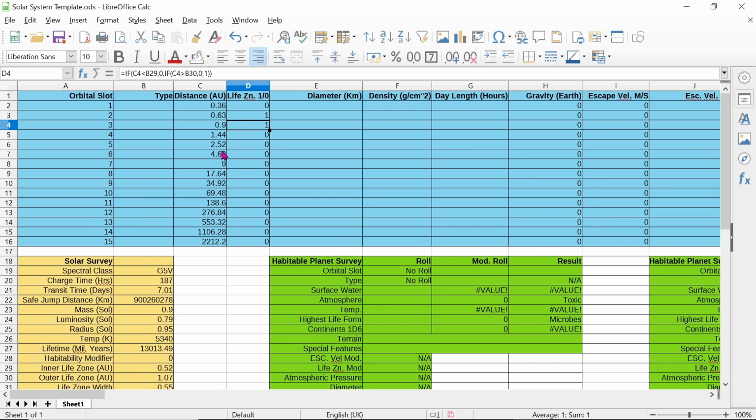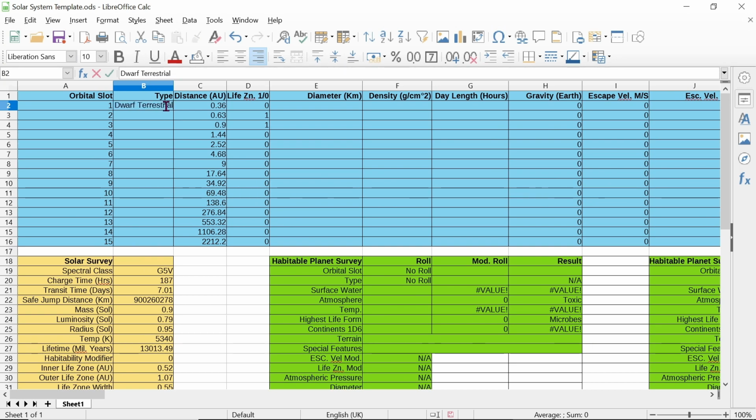These two happen to be in the life zone of the planet, meaning I can get a habitable planet. I'll get 2 habitable planets. Normally you roll on the object type table to see what is going to go into this column here. I'm not going to do that because I just want a good spread of everything. I don't want it to be random. So I'll just start with a dwarf